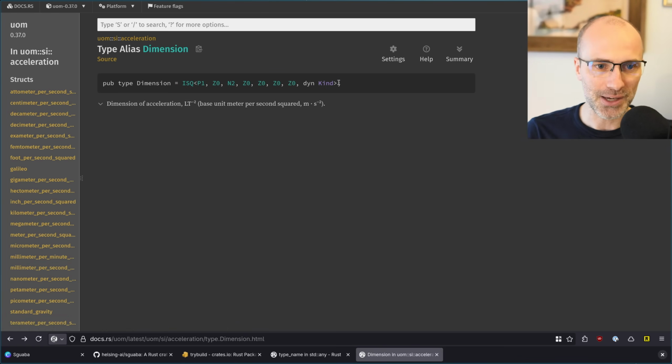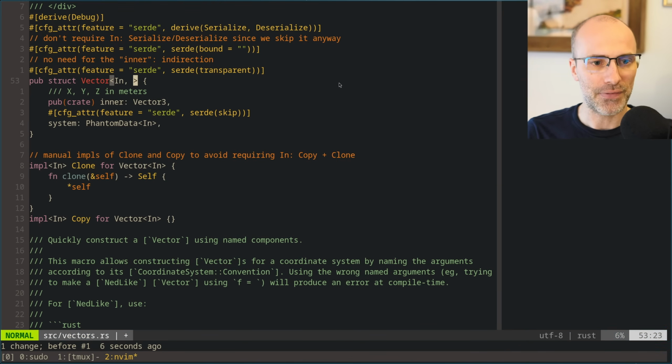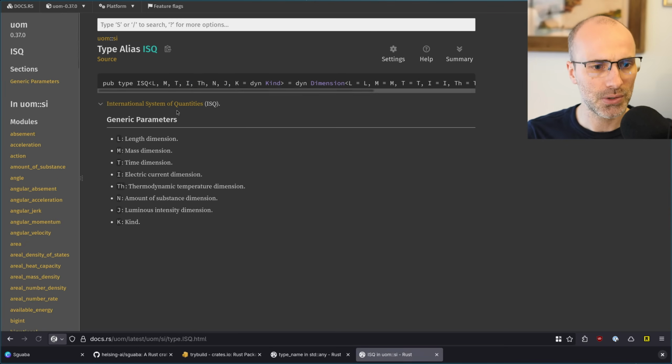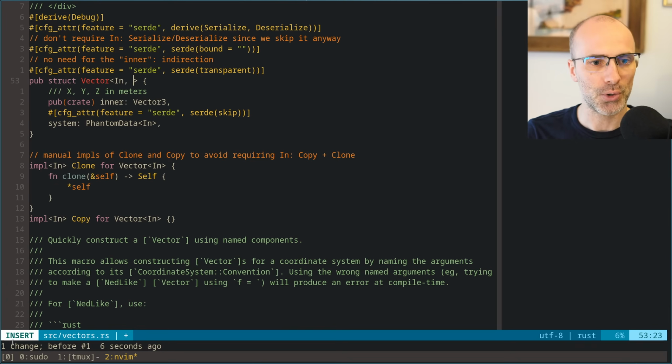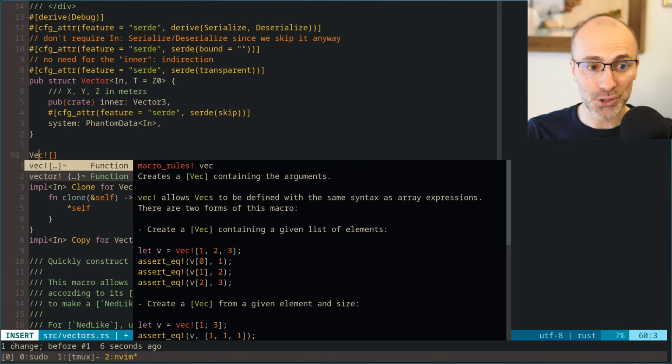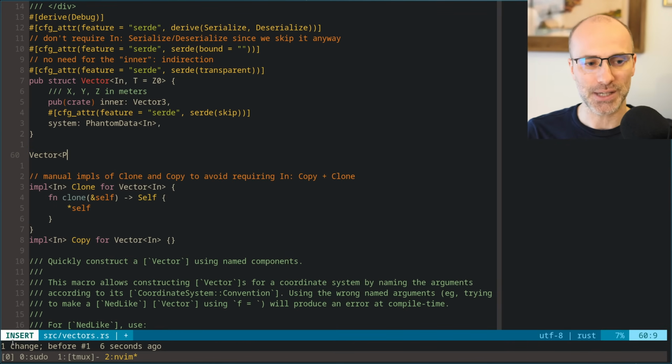So my thinking was we could say here that this is the, what did they call it in ISQ, T for time. So you can give a T here that normally is equal to Z0. But you're allowed to construct a vector that is, for example, in plain NED, but that has N1.